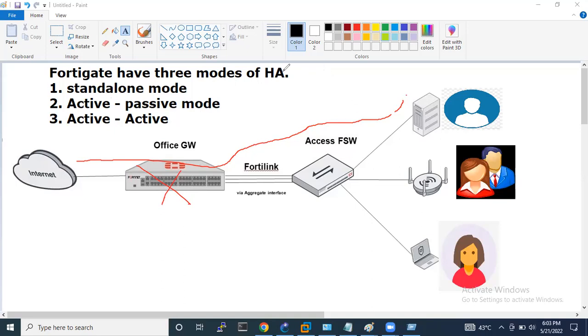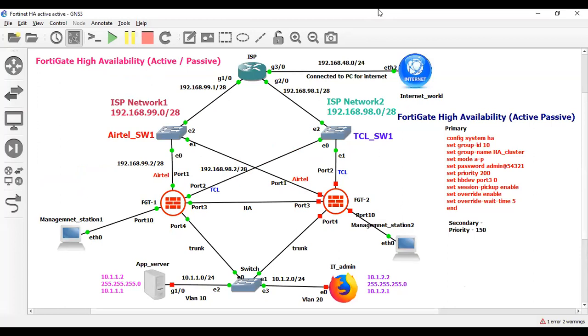Let me show you the diagram I have designed for this lab practice. This is the basic lab that I am going to configure. Let me show you what I have configured till now. I'm going to start from the bottom, the switch.